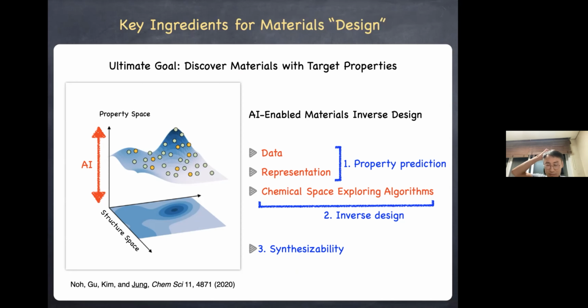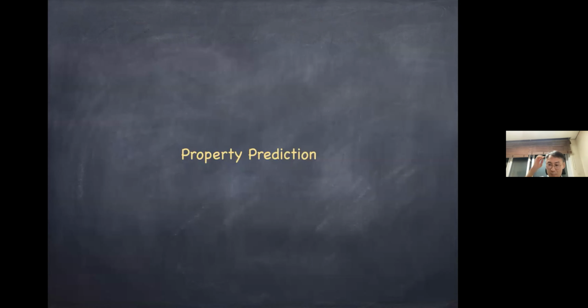And the third aspect is that we more or less all know that many of those materials that are computationally designed, if not most, are discarded in the laboratory because they are not synthesized. So it would be good to have a model that would allow us to predict the synthesizability of those materials ahead of the experiments. So today I'm going to talk about some of the work that has been going on in my group along the lines of these three different subjects. There'll be a short intro to my talk, and I'll start with the property prediction.